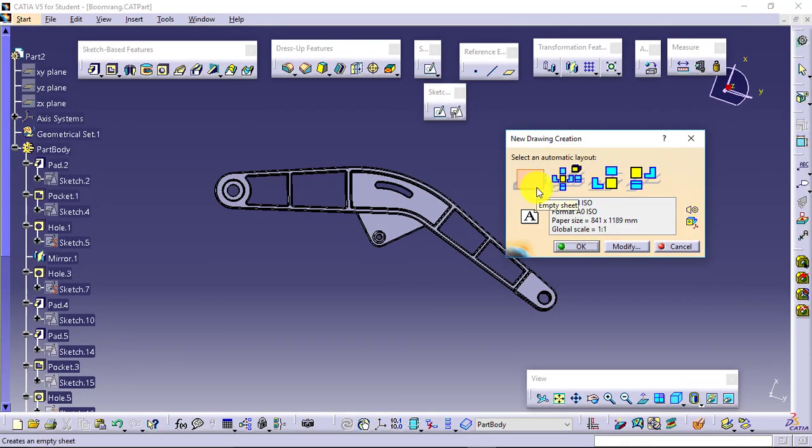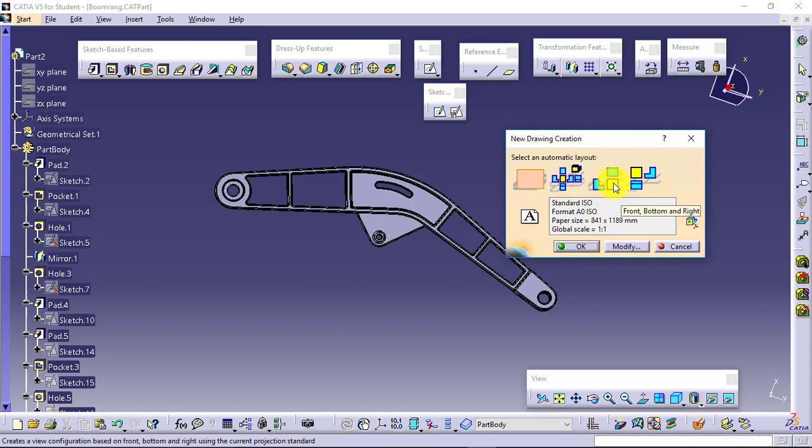You want the empty sheet where you will generate the views and place those views manually, or you want all the views to be placed by default, whatever the orientation is in this particular model, the same orientation will be placed over here as per the projection method you select.